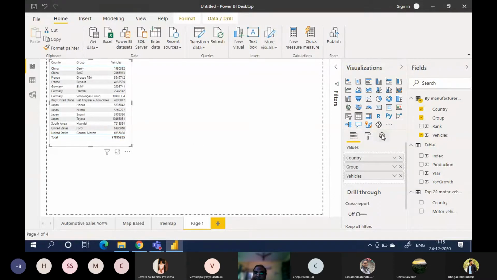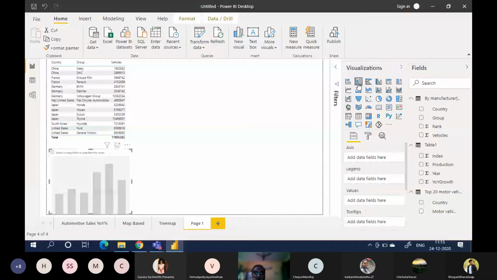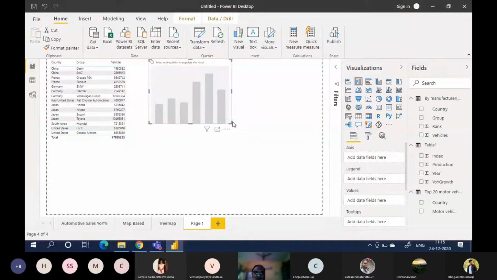See, we have an analytics pane active. Let us see. No analytics feature is available. Can we use stacked column chart? Yes, sir. About to say that.